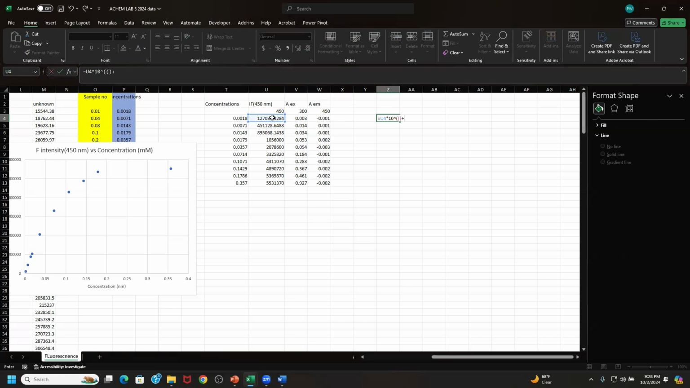So you will see that we are trying to enter the equation that is given in your lab manual. This U4 cell represents your fluorescence as acquired fluorescence intensity, and multiplied by the absorbance at the excitation wavelength. So excitation wavelength